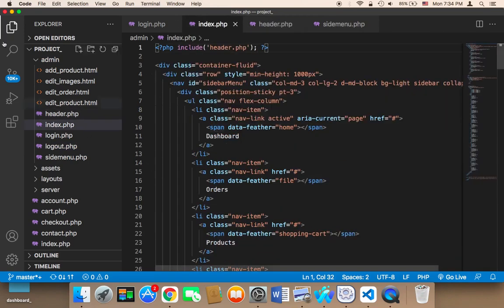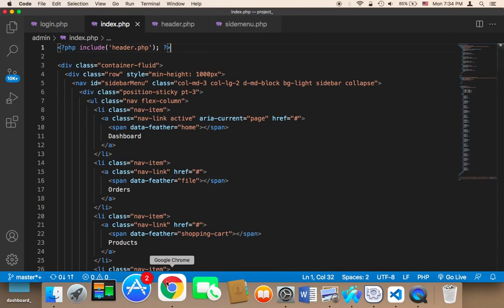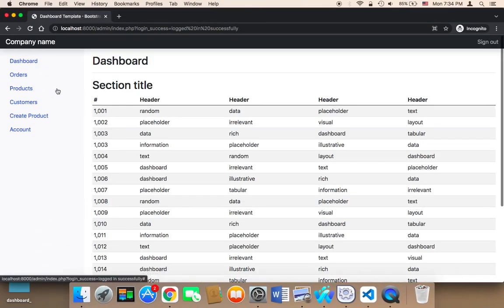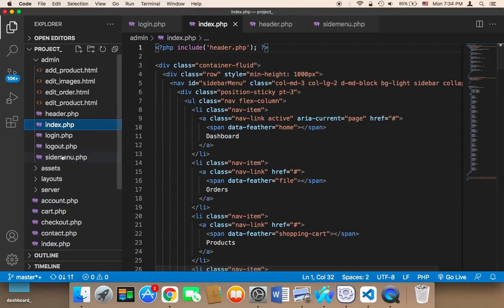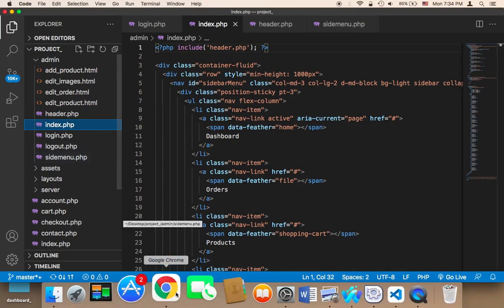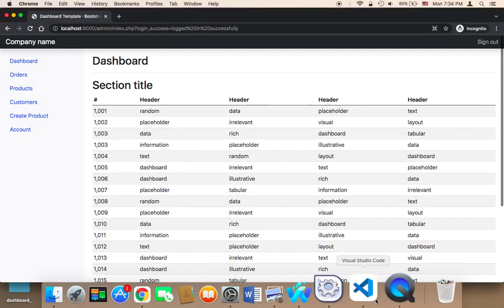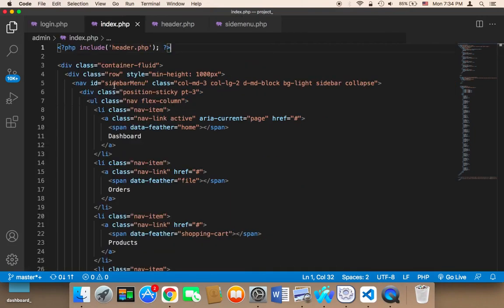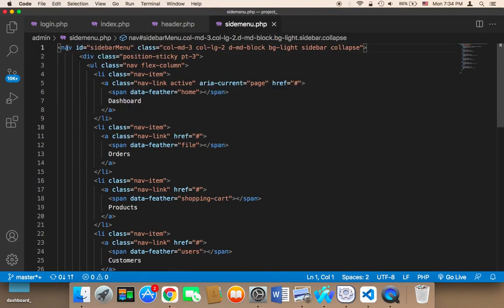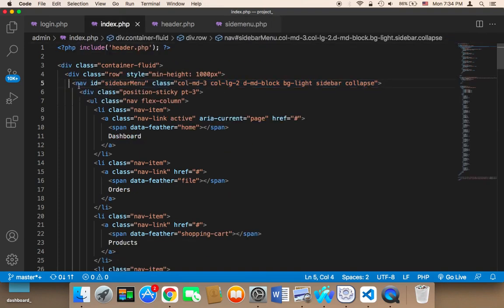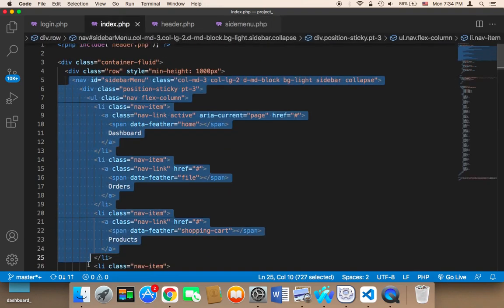In the index, we need to remove the side menu here, and instead of using this static side menu, we need to use the side menu file. So this side menu file will contain this side menu. So I'm going to remove it from here. What we need to remove is this nav, because the code in the side menu starts from the nav. Therefore, in the index, we just need to remove this nav from here all the way to the end of the nav,